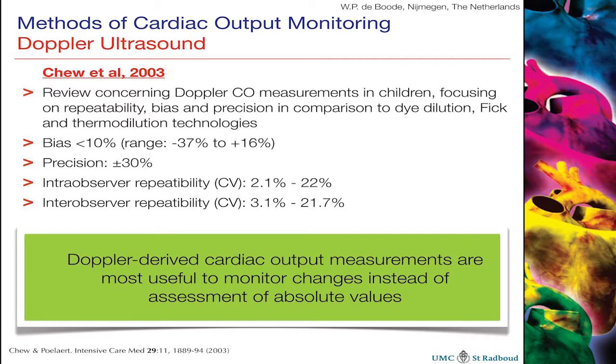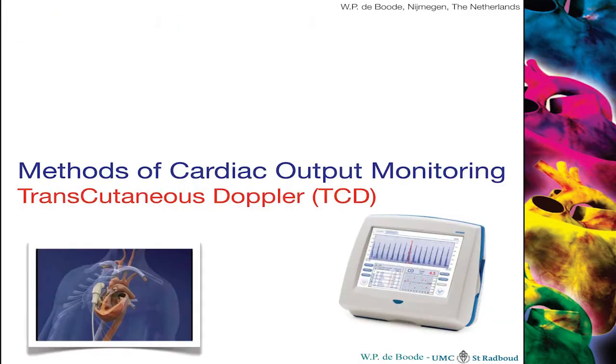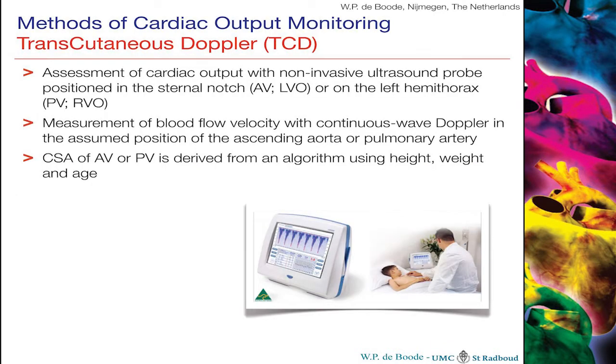I think Doppler-derived cardiac output measurements are more useful to measure changes in the situation instead of assessment at that time for the absolute value. It can give you an indication, is flow high, is it low, but it's very difficult to accurately determine cardiac output. Brings us to the transcutaneous Doppler, also known as the USCOM, and that is the assessment of cardiac output